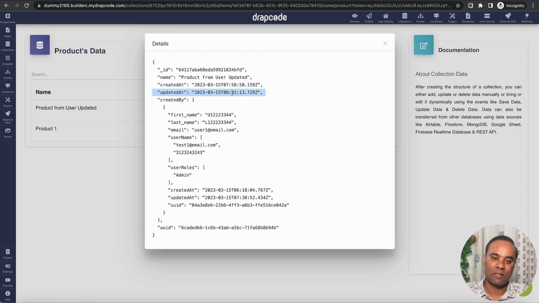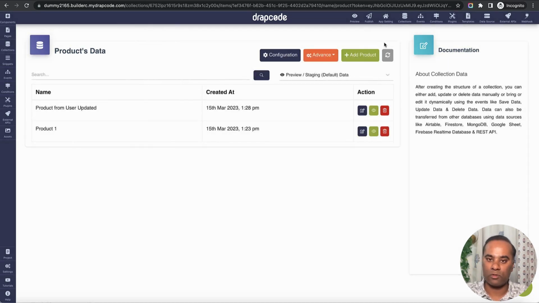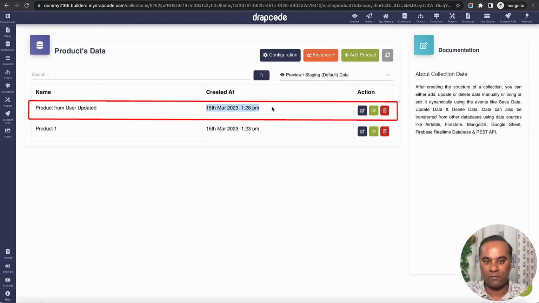So these are the things which you don't have to explicitly capture, and this is something which we do anyway. So you don't have to manage who created it, what time it got created. All those things we are capturing. We store it in GMT, and then on the basis of the project time zone, you will see the relevant date. Like here, since we are in India, I am seeing 1:28 p.m., which is the current time here,